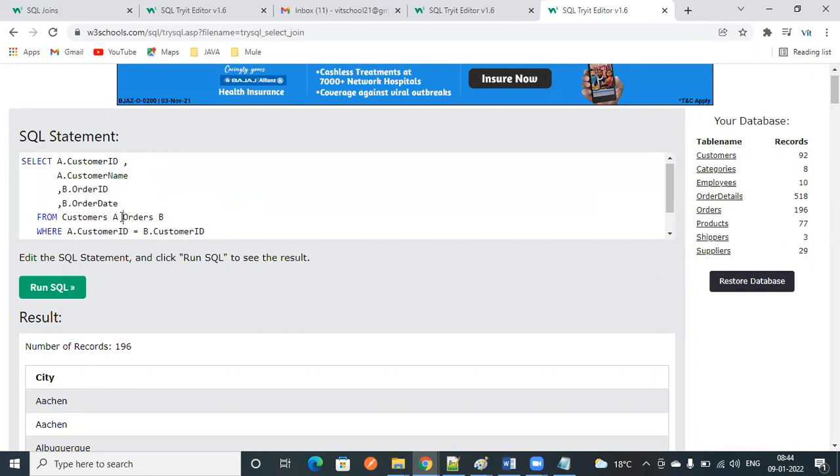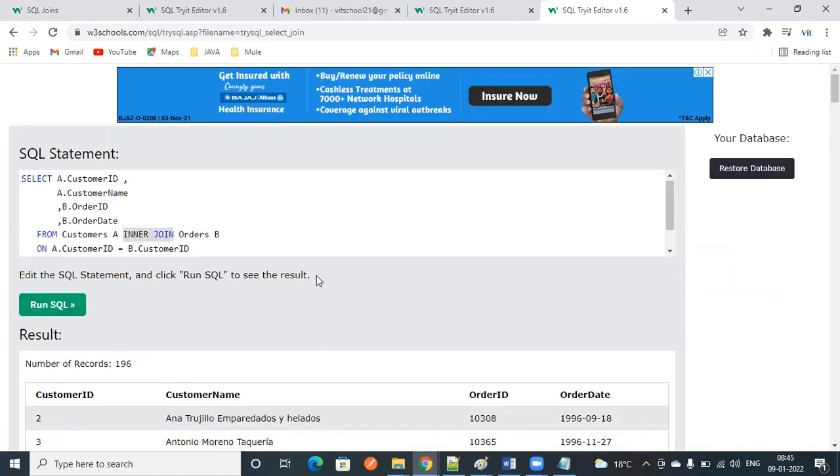Okay, so what you need to do, instead of comma, just keep inner join over here. Then instead of the where clause, just keep ON. So you just need to change, instead of comma, place inner join and ON.